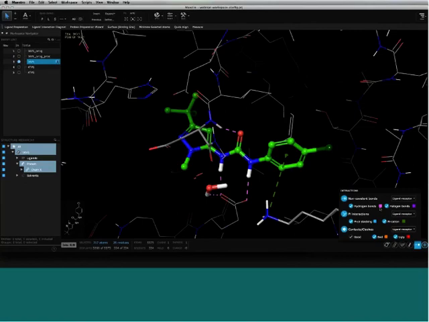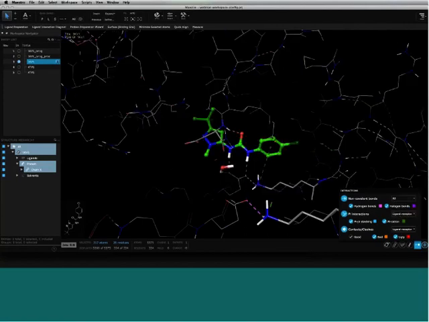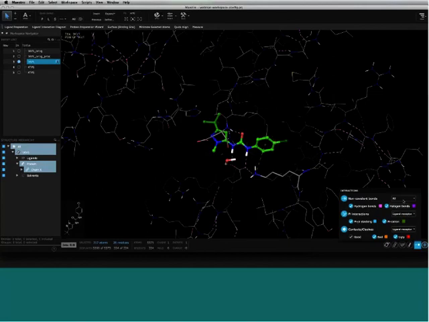The other nice function here is that the menu to the right, where it says ligand receptor, will tell you the interactions between whatever objects. So right now, by default, we're looking at hydrogen bonds between the ligand and the receptor, but we can do it just within the ligand itself, or for everything. We can look at in the entire structure, all the non-covalent bonds, or what we can do is, there's one other option called Other,